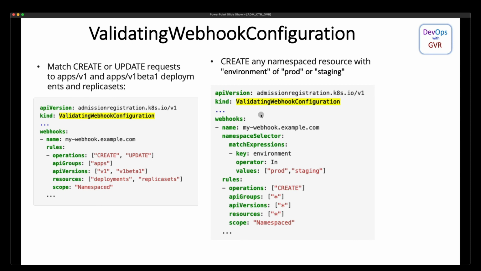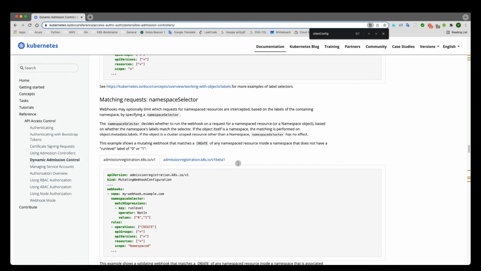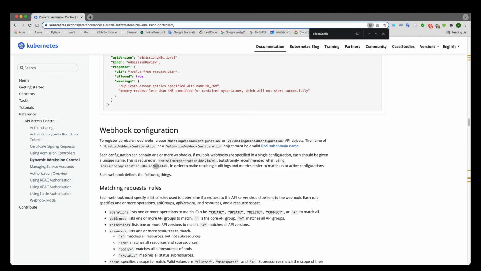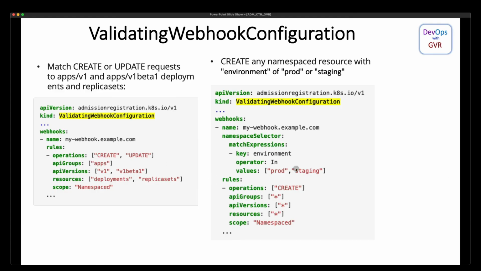So our final goal is to validate and fail the request if somebody does kubectl apply on a deployment. This is just like, as I said, governance, where you can enforce. This is just an example. If you want to explore more, the Kubernetes documentation is very good, where you can specify object selector, namespace selector. There are many webhook configurations you can do, but this is an example point of view. This is where you can enforce pods, labels, anything,